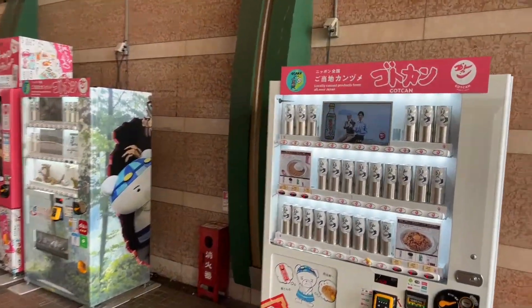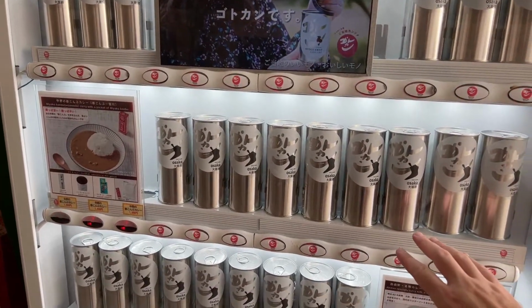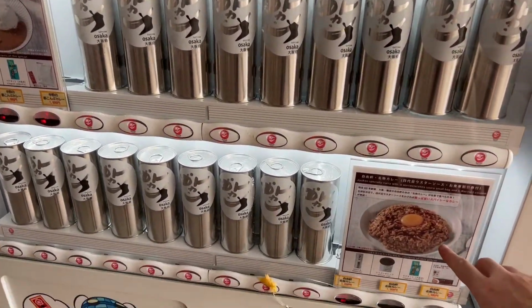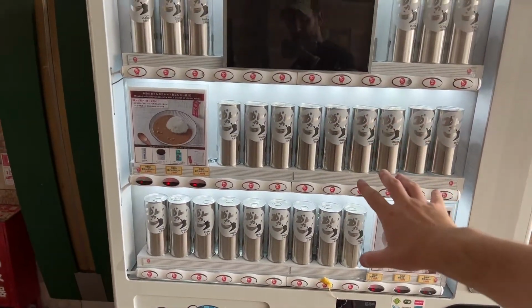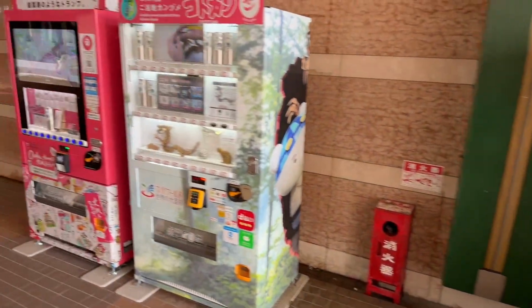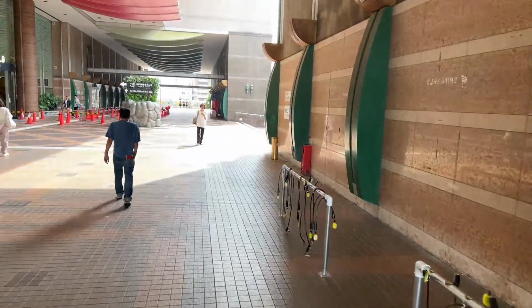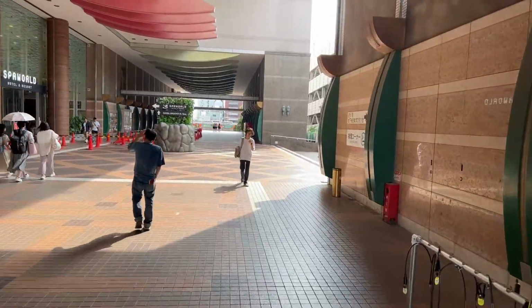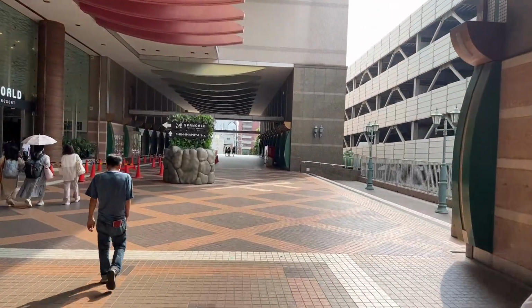Sorry to stop, but here is chahang, fried rice, curry fried rice in a can. What the heck? I hope that you can come one day, Emma. Like I said, Osaka is a really great